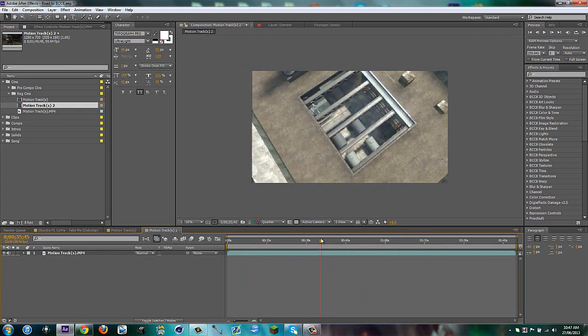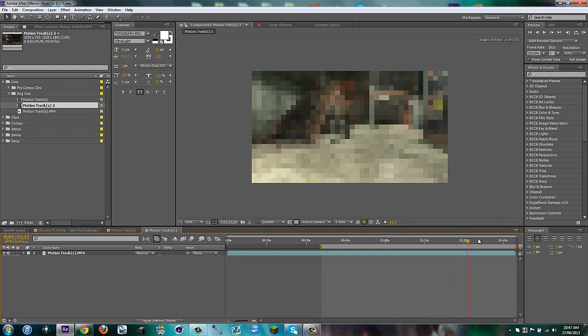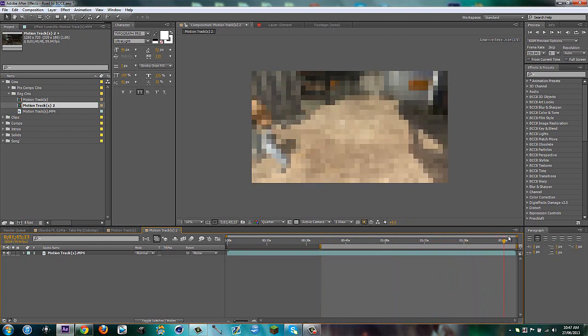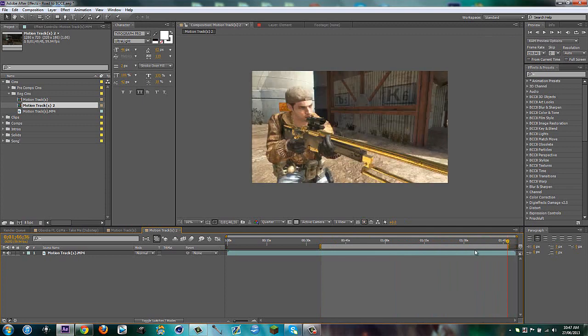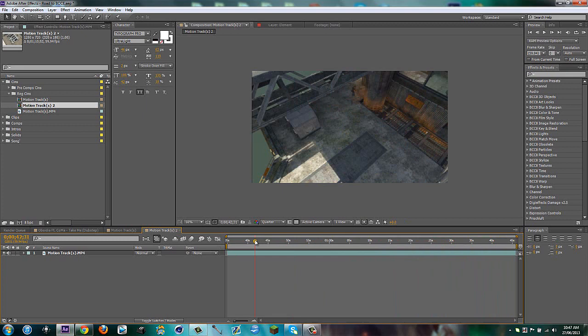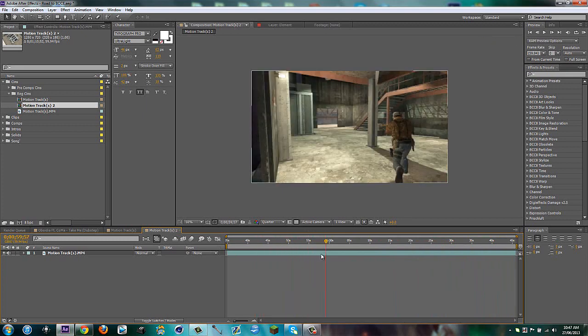So the second motion track is a pretty big one. It goes from here, then we go down around my player, and it goes all the way down to there. So I'm probably going to split the motion track into 2 segments because there are 2 different 3D spaces. So I'm going to split it right here,